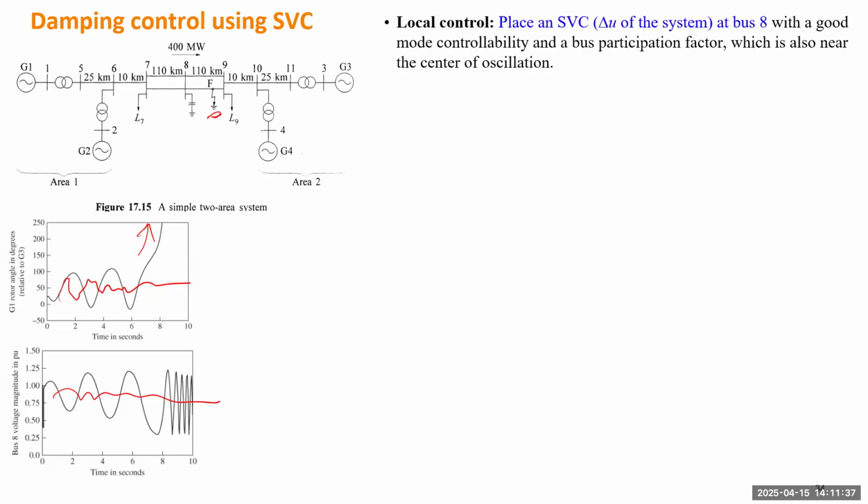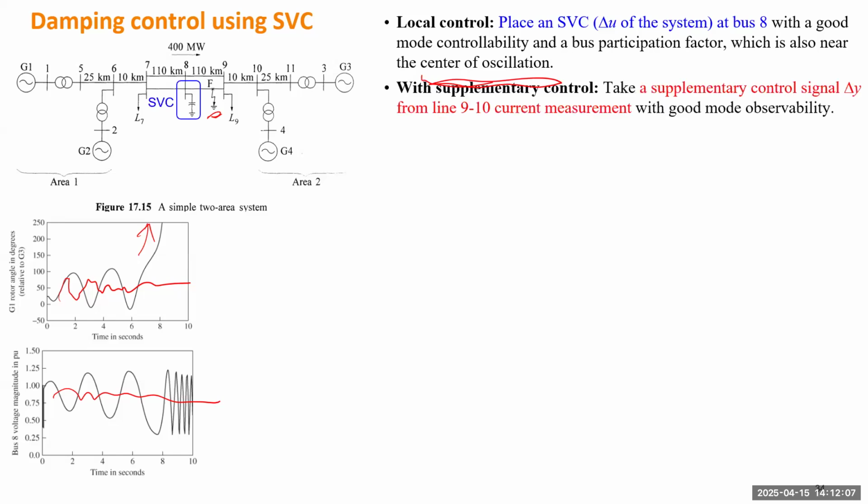The damping controller here is an SVC. First we place the SVC at bus 8, based on the detailed study from Kundur's book. It tells us bus 8 has good mode controllability and a good participation factor. So even without any remote control, this single SVC can improve damping. It is also near the center of oscillation, so I assume we just put the SVC there. If we want to add a remote signal, we take the input from a remote location, delta Y. So we take it from,